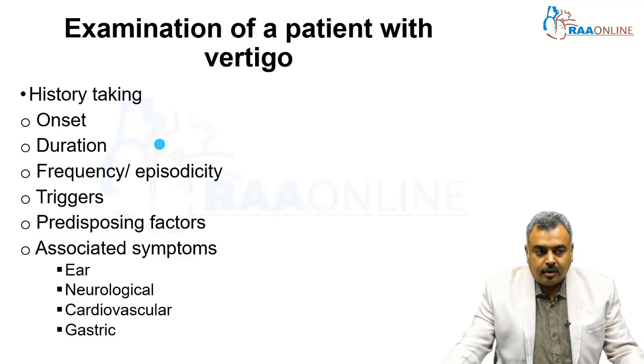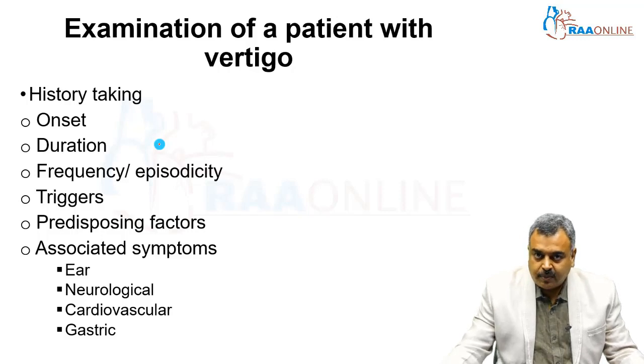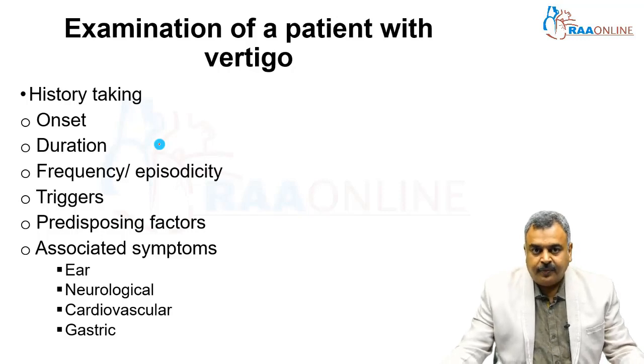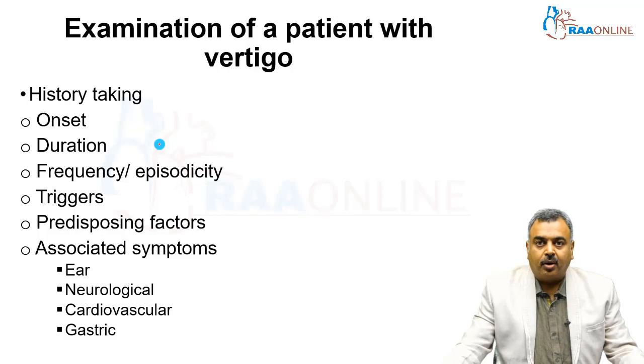So that is why normally when a person comes with vertigo, we generally have to spend a lot of time with the patient, of which 60% to 70% of our time goes in history taking. It has to be detailed. We have to talk about the onset of the vertigo, the duration of the vertigo, whether there is any frequency